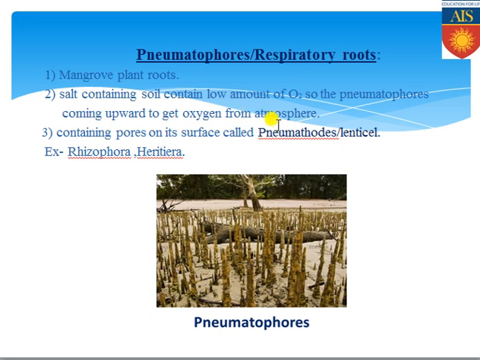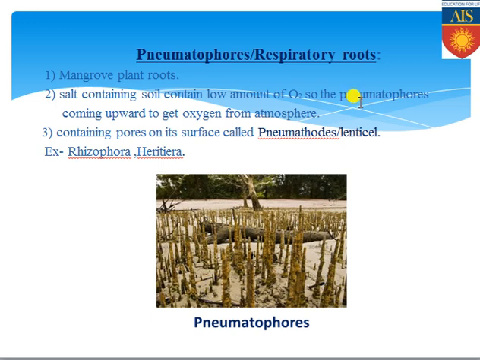So when their roots are penetrating the soil and going downward, after going some distance, the roots can understand that they are not obtaining a proper amount of oxygen for their respiration. So for that reason, the roots are not going downward, rather they take a U-turn and come up and penetrate the soil and remain standing in an erect position. So these specific roots which are coming up from the ground only for obtaining oxygen from the atmosphere directly are commonly known as respiratory roots or pneumatophores.